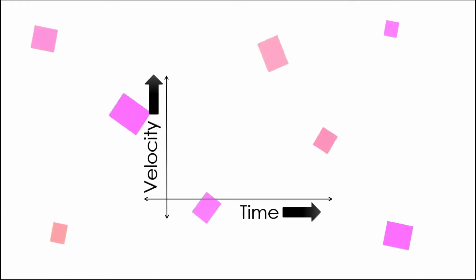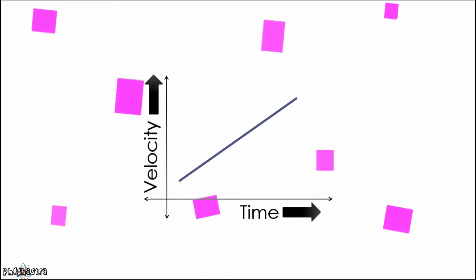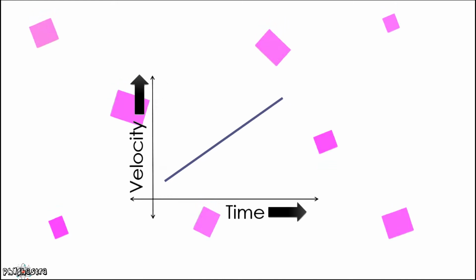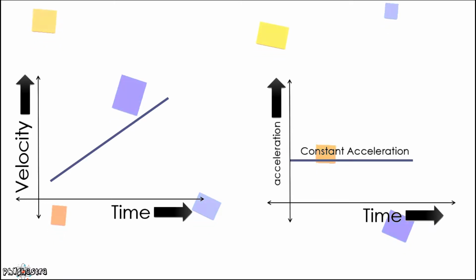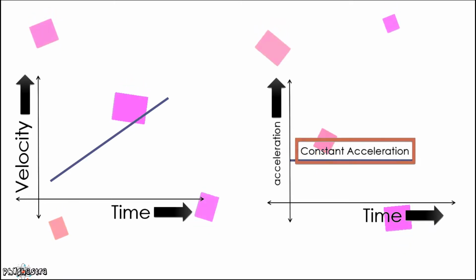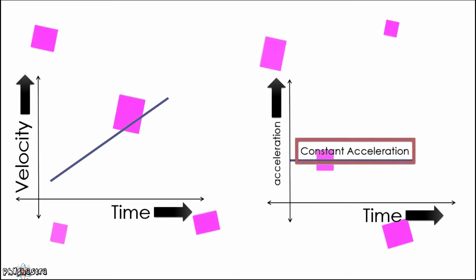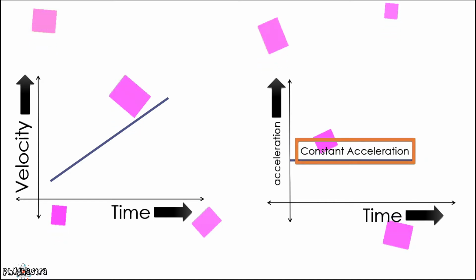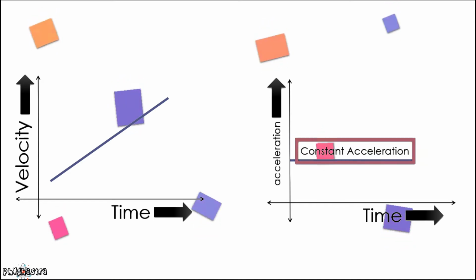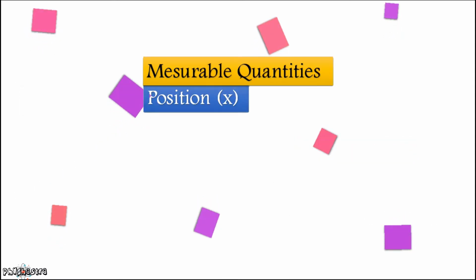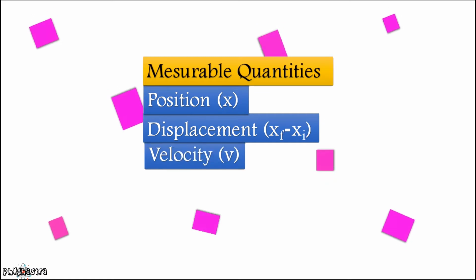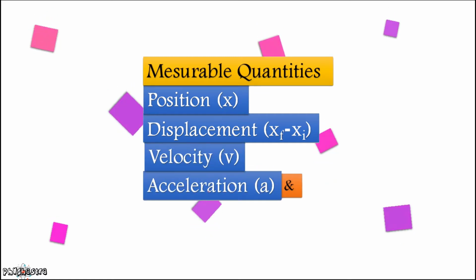In the acceleration lecture, we solved a problem and studied the situation in a graphical fashion. There we deduced that for a linear velocity graph, we get a constant acceleration. In this lecture, we are going to learn about kinematic equations of motion which are based on constant acceleration. These equations will help us to figure out the various measurable physical quantities such as position, displacement, velocity, acceleration, and time.